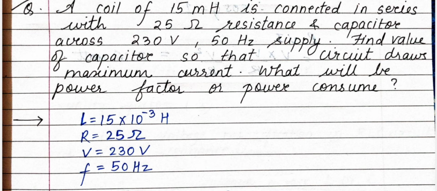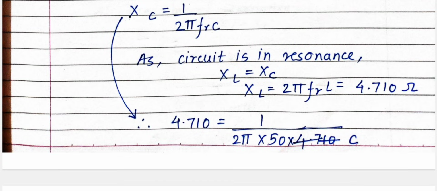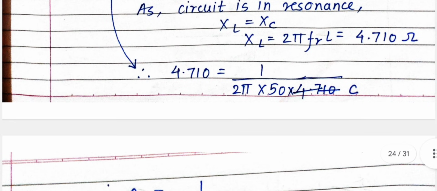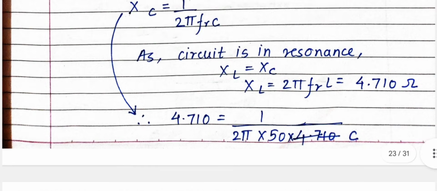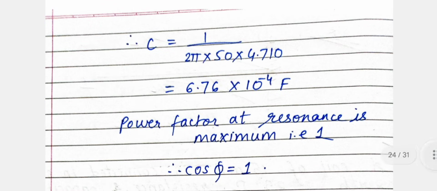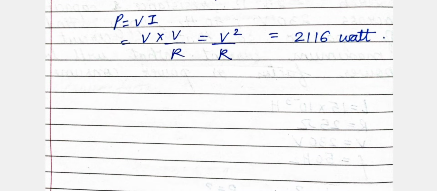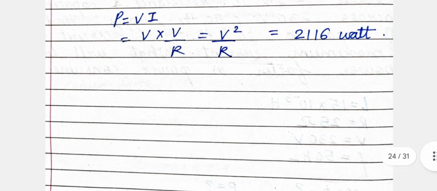Anytime current is maximum, power factor is maximum, that numerical is for your resonance RLC circuit. So you have to write the condition for resonance in RLC, that is XL equal to XC, and equating both the formulas, just refer to this solution, you will get the concept very easily. Okay, and see, I have told you, you don't have to derive power factor at all, because you have to write one from the derivation. And this is your power consumed, V into I, and I is V by R, so you can write V square upon R, and you will get 2116 watt. So that was the numerical.